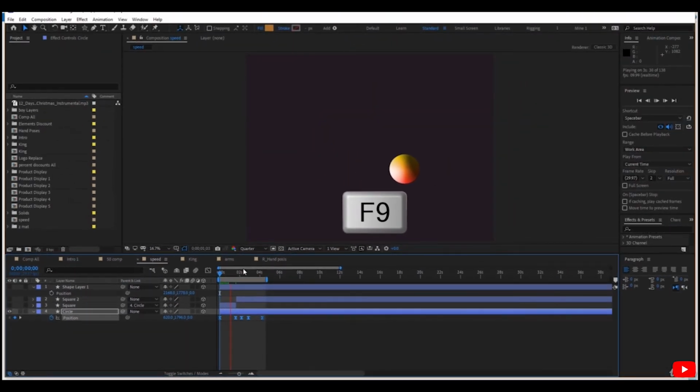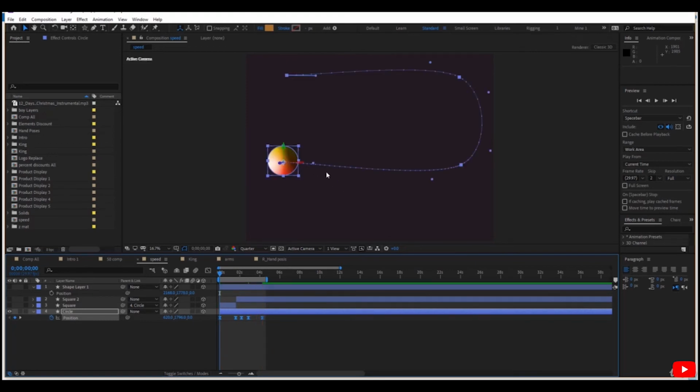As you can see, the speed changes gradually, and it's like it stops a little at each keyframe. In fact, this helps us to make the movement natural. How? The speed while the pole goes up must be slower than the speed of the pole when it moves straight. So let's choose